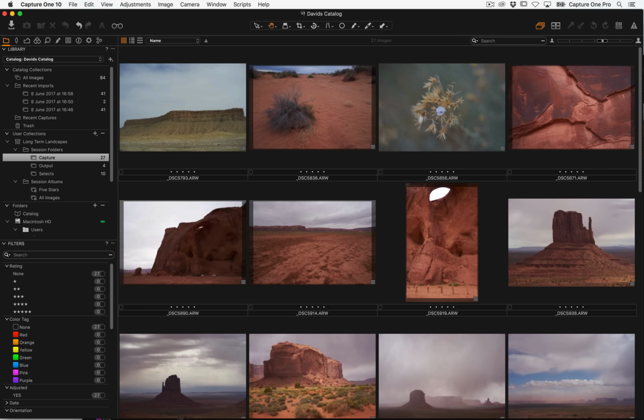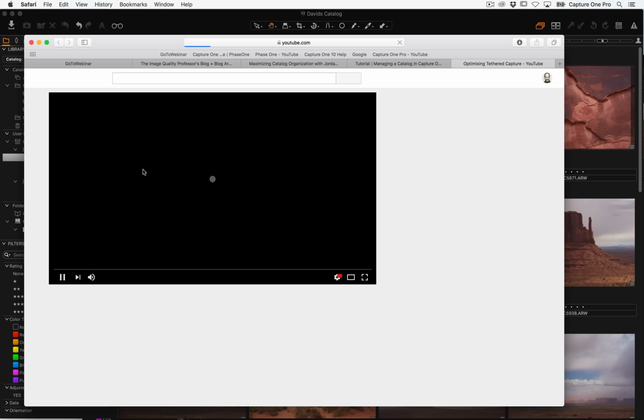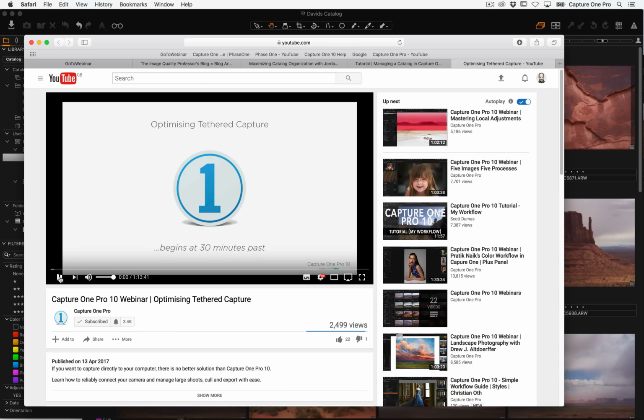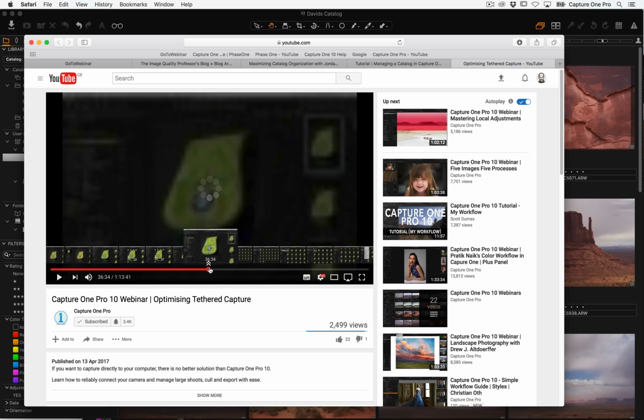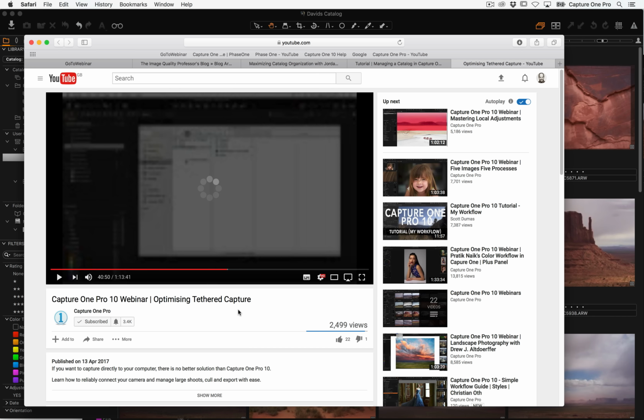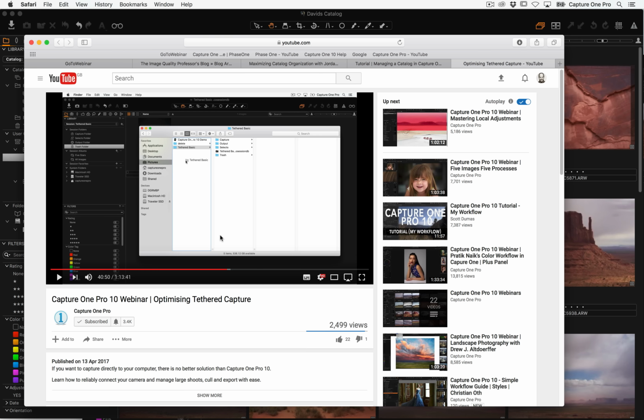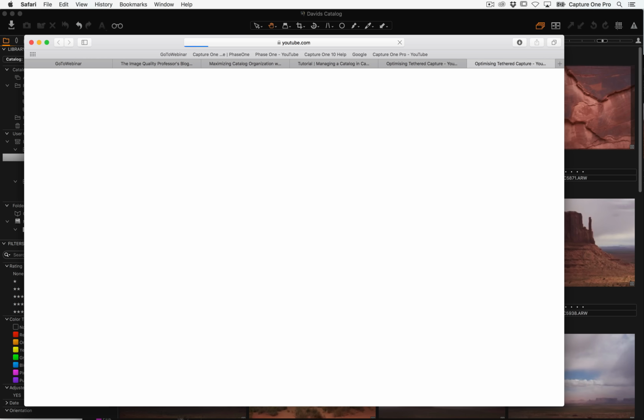If you're a tethered shooter, then we also have optimizing tether capture, which again goes through the session workflow as usual, and how to optimize that, how to have automatic naming and so on, and session templates, and a few other bits we haven't spoken about. And then finally, if you want to read more and more about sessions, we've got a 3-part